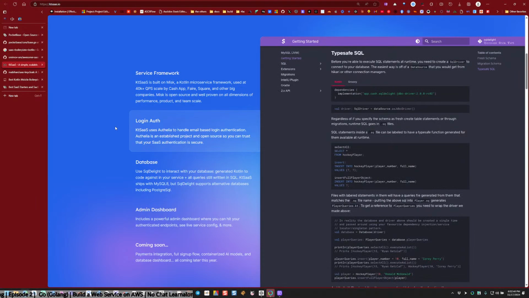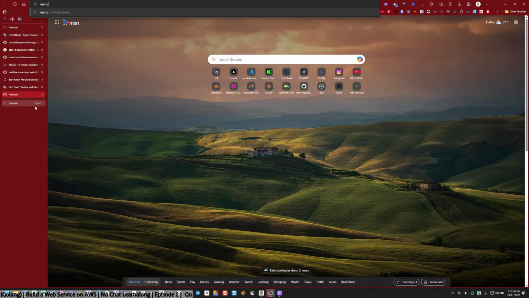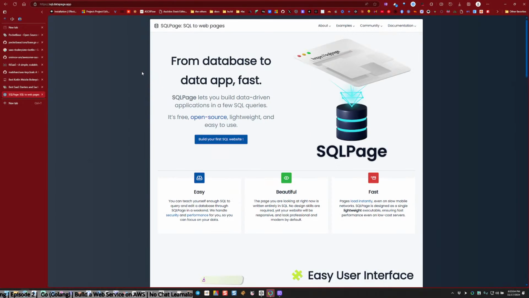Type safe SQL. Now that's my domain, baby. I love SQL. I wish they'd make a SQL framework where you can write web apps in SQL. I know they have it. There's this one called SQL Page. It's still pretty young, but it's written in Rust, and that's exactly what it is. When this thing pops off, brother, I'm coming over here. But this is super cool.